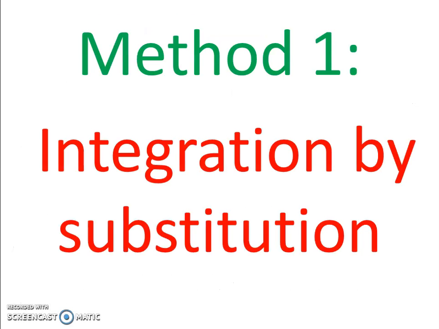So let us start with method number 1, that is integration by substitution. This method is used where the basic method fails, and by making some substitution, the integration reduces to a simple type that can be integrated easily. So in such cases, we will use the integration by substitution method. For that, we need some theorem and the corollaries regarding the theorem.